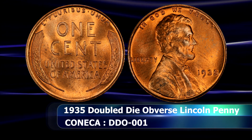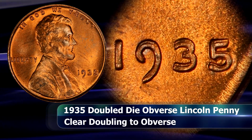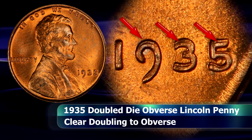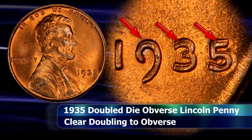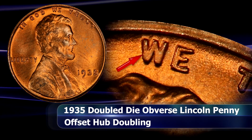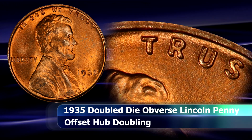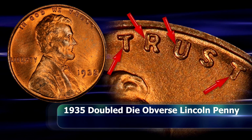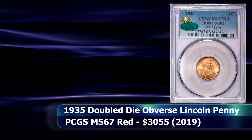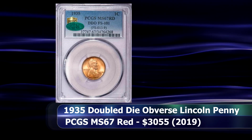The date is once again the best place to look for this coin, as basically all of the numbers are doubled to some degree, but the 3 as well as the 5 of 1935 do in fact stand out. The We Trust portion of In God We Trust is also of particular interest in this case, with doubling nicely towards the left of all of the letters. In 2019, an MS67 Red graded example from PCGS was sold at auction for